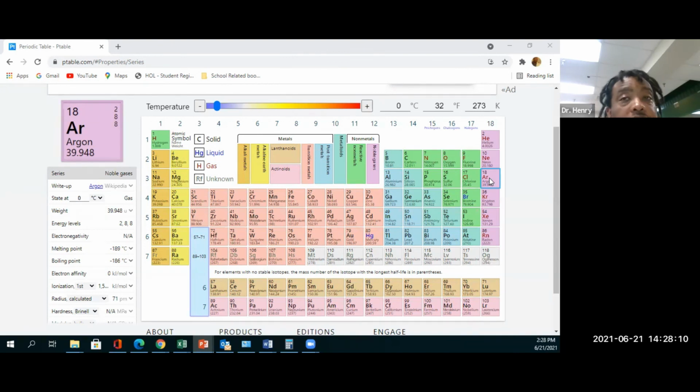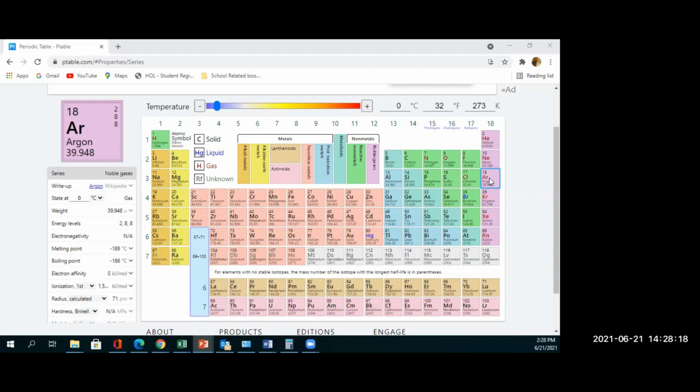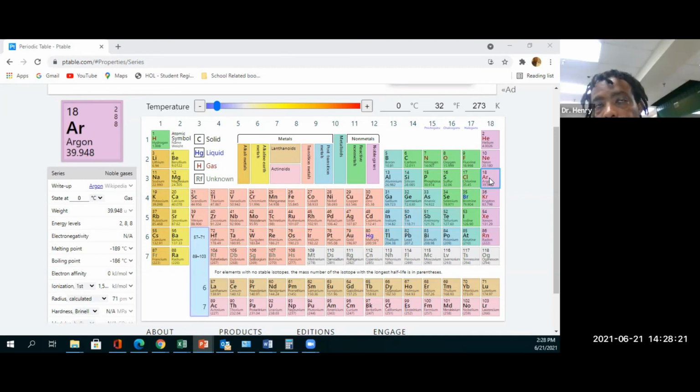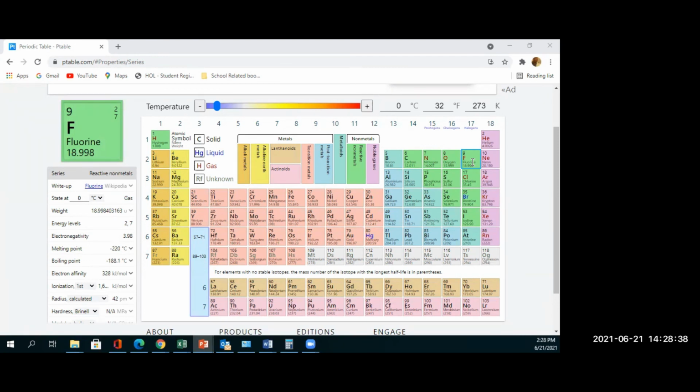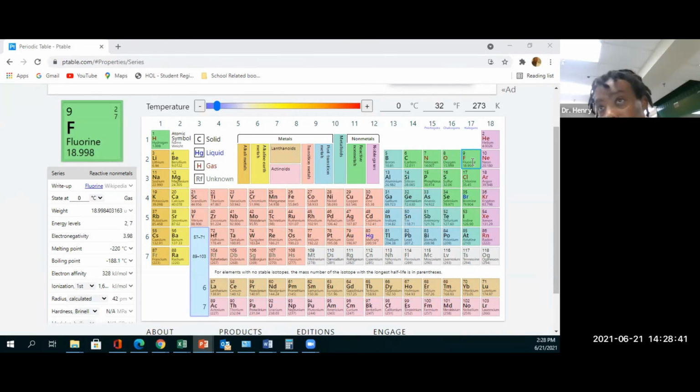So they want to get rid of an electron. Do you think it's going to take a lot to convince them to get rid of an electron? No. So they're going to have a very low energy level, where we have fluorine here, which needs one electron to be like the noble gas neon. Do you think he's going to want to give up an electron? No, he's going to fight you for it. He wants to take your electron. He doesn't want to give anything up. So he's going to have a very, very strong